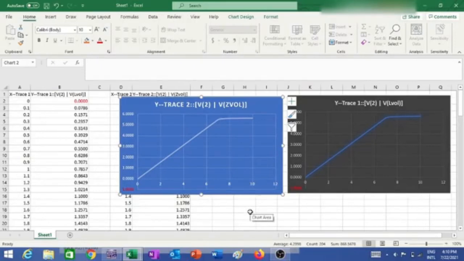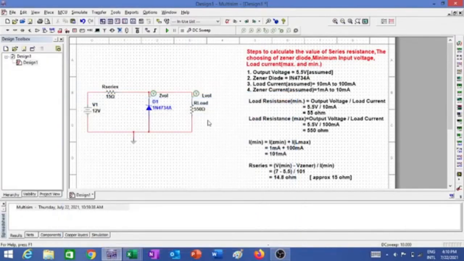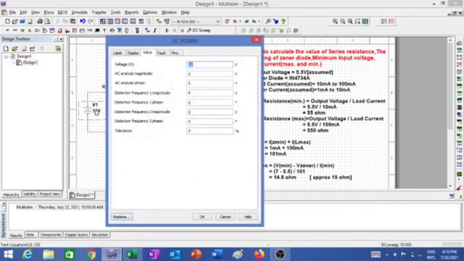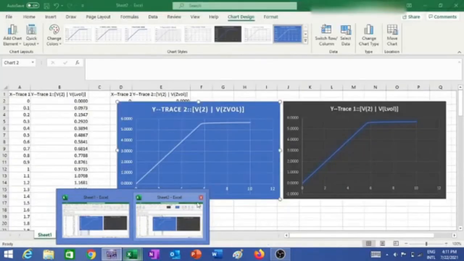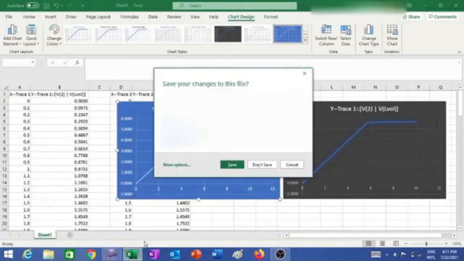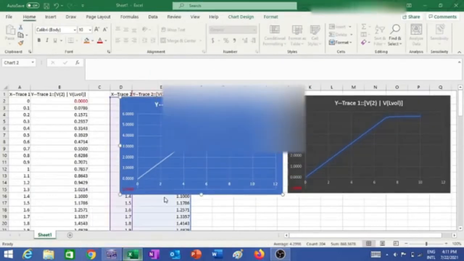Okay, so now we'll be moving to the other category where we'll be keeping our load constant and changing the supply voltage. That is called line regulation. So I'll be changing this one to, let's say, initially 9 volt. Okay, 9 volt I have taken. Let me simulate it. Before that, let me close these earlier graphs, so that things will be more clear.